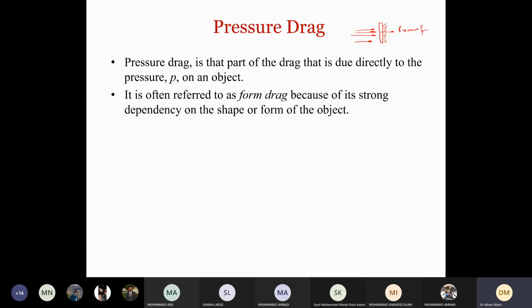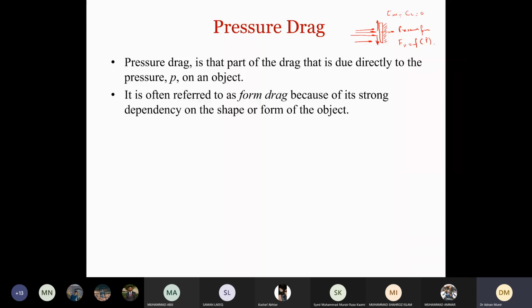In this case, drag force is only because of pressure force. The shear force is not causing net lift because of the symmetry. The lift force generated by tau in upward direction is the same as in downward direction. So net lift force will be 0 in that case. But the drag force in this case is a function of pressure force, right? Now you can clearly see that when we oriented this plate perpendicular to the incoming flow, because of the shape of the form of the object, the pressure force increased drastically.